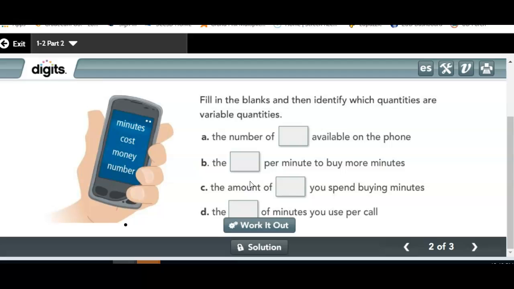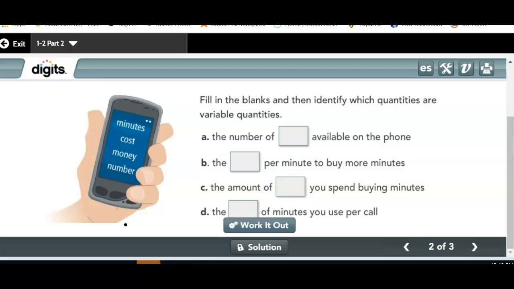What I'd like for you to do is talk to someone close by, stay in your seat, and try to find whether it's a quantity or a variable quantity. Does it change or does it stay the same? That's what you can do to help out. Go ahead, I'll give you like a minute. Stay the same or are they changing? It's an easy way to